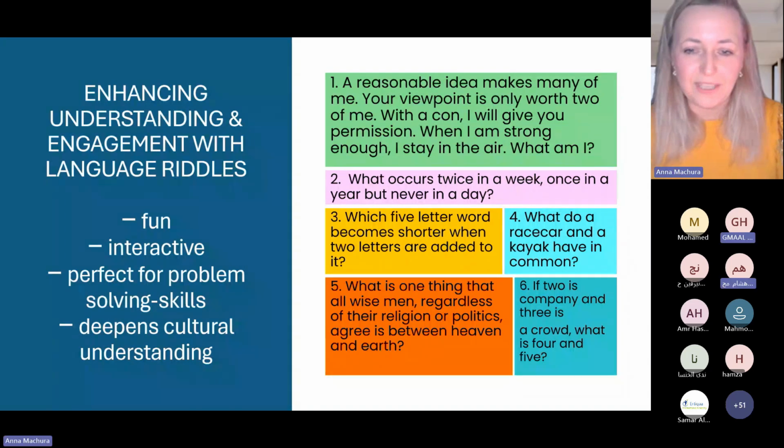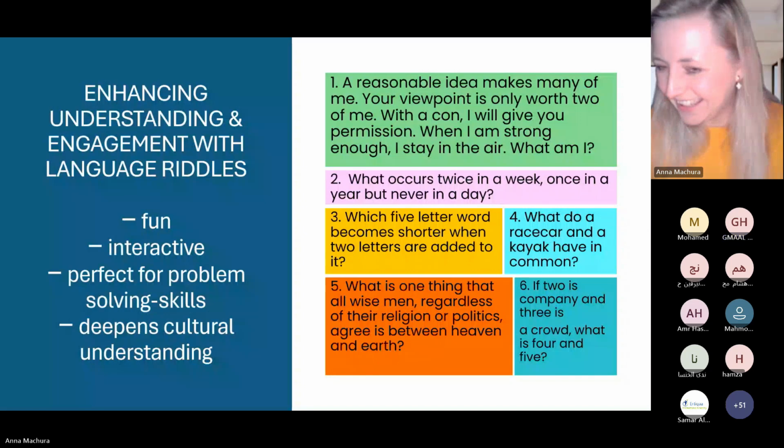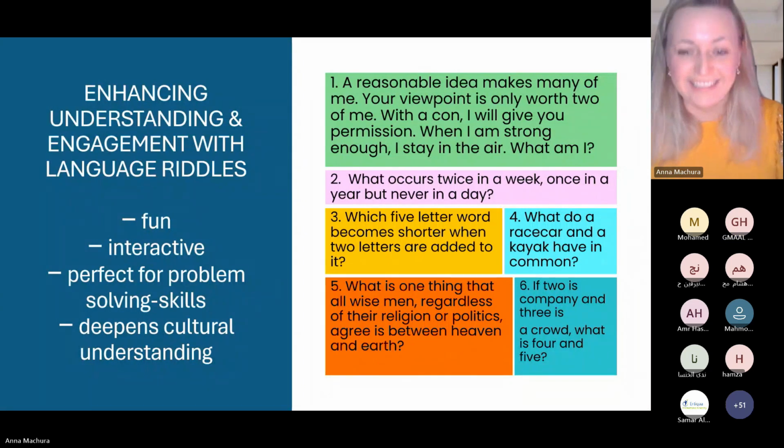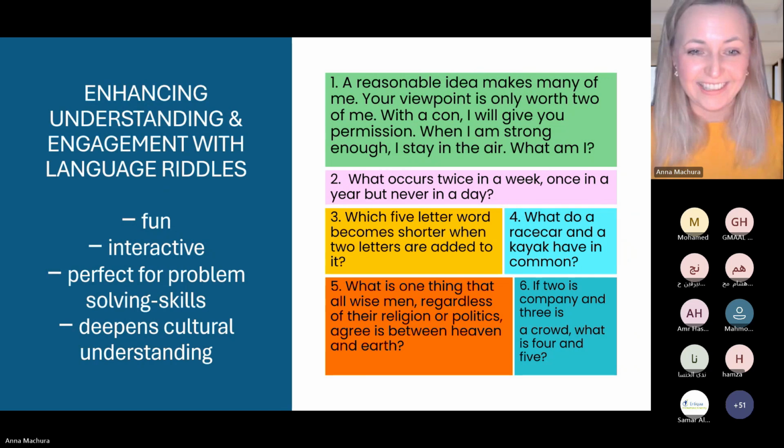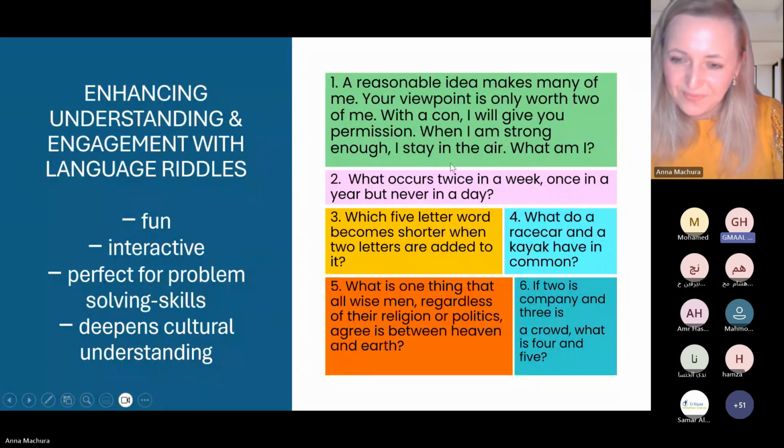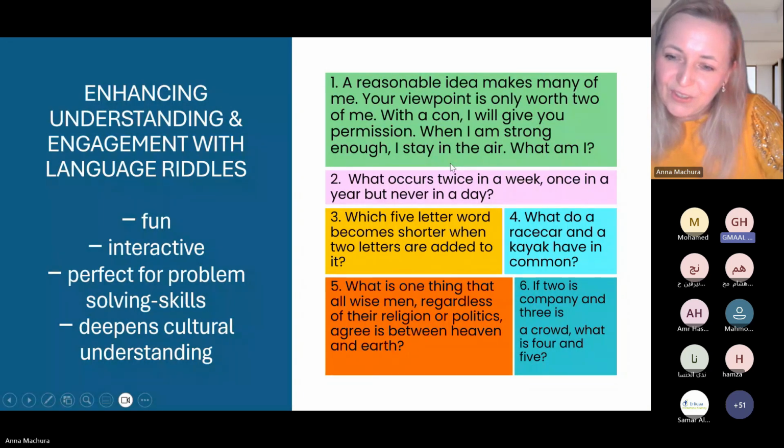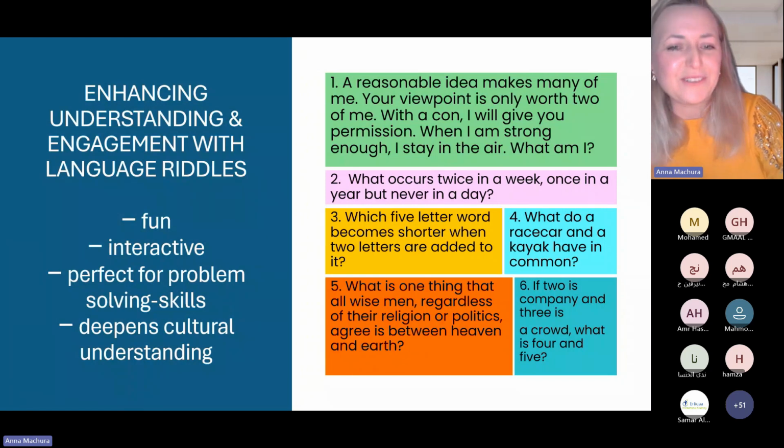Here is a car. Anybody? And they have 2 A's as well. Number 4. Right? Number 4, 2 A's. A and A in race and a car, and A and A as well. Good. Okay, I like it. There is one more answer possible, actually, possibly more, but at least one more.